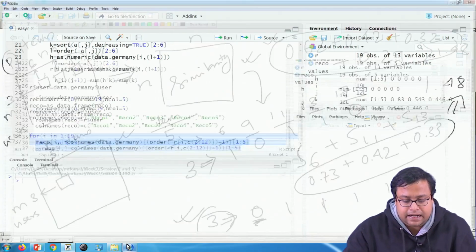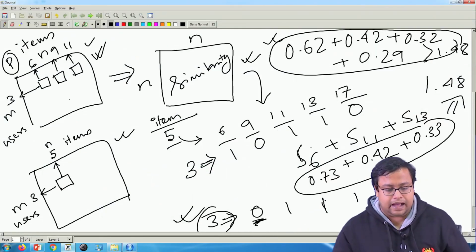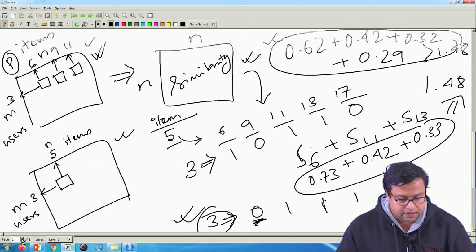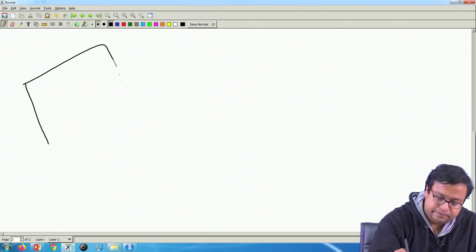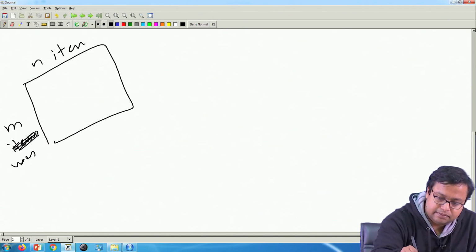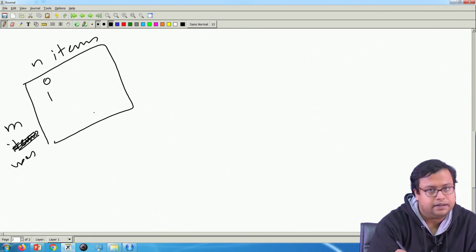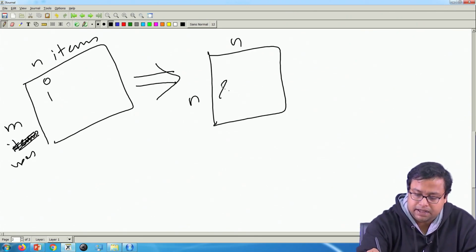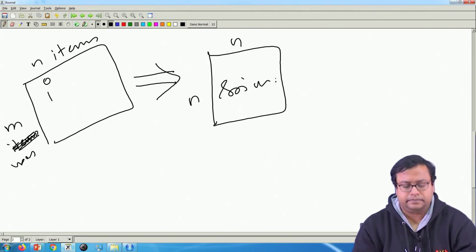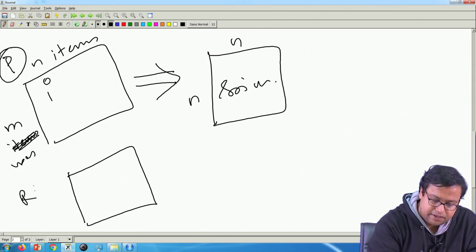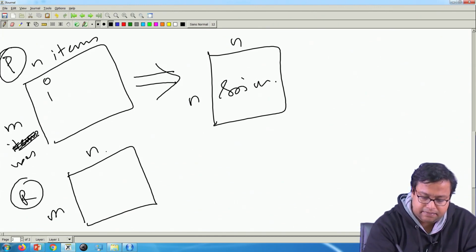So, once more, what did I do, what are the steps? First I had M users and N items, purchase data, 0 1 purchase data. From there I calculated an N by N similarity matrix. Then I calculated the recommendation matrix of M users, N items.